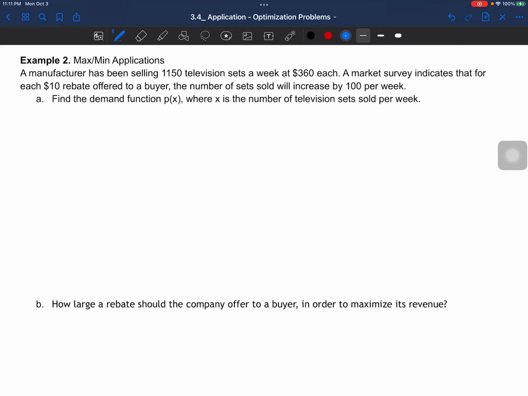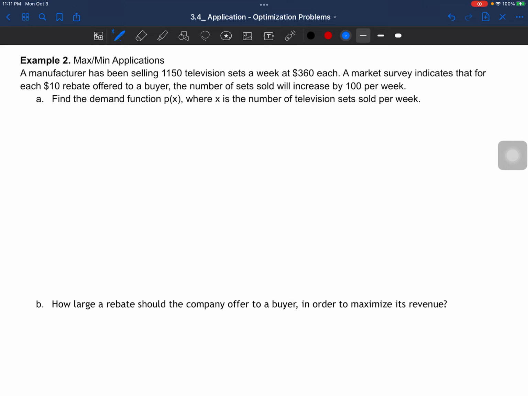So this is an interesting problem that we're gonna try to do here in example 2. This is related to the optimization problem section. A manufacturer has been selling 1,150 television sets a week at a price of $360 each. A market survey indicates that for each $10 rebate offer to a buyer, the number of sets sold will increase by 100 per week. Find the demand function P of x, where x is the number of television sets sold